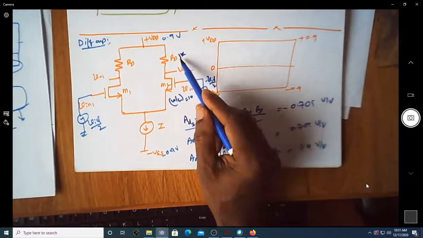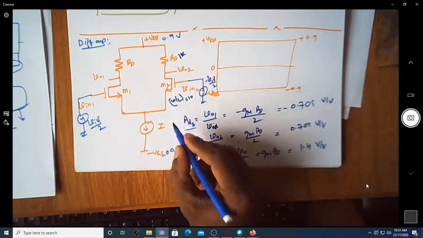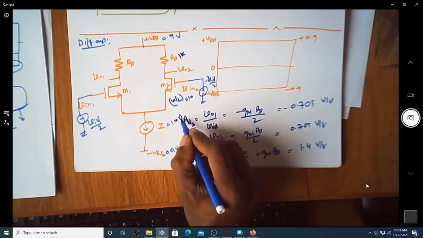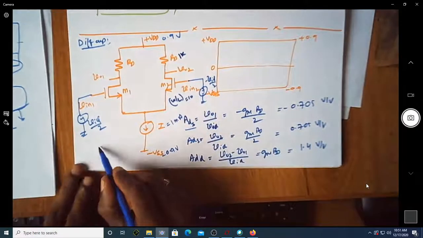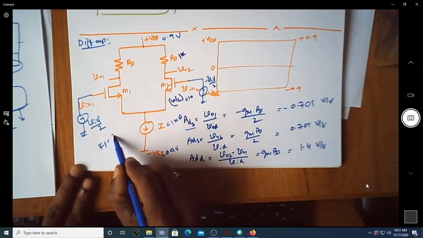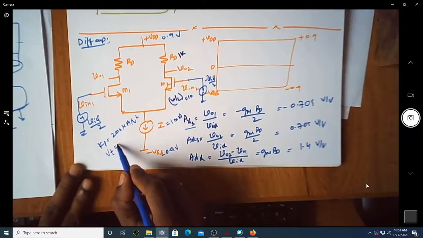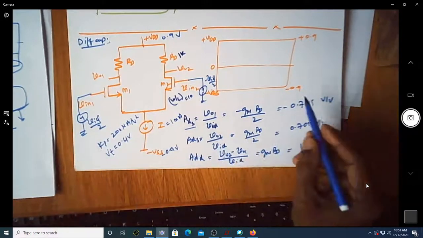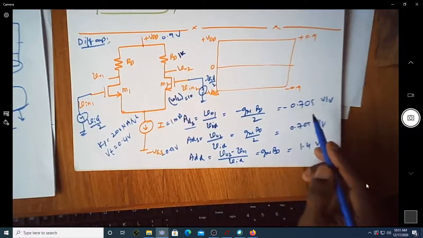If we assume RD to be 1 kilo ohm, ID as 1 milliampere, W by L equal to 10, Kp as 200 microampere per volt square and VTO as 0.4 volt, the gain of this amplifier comes out to be